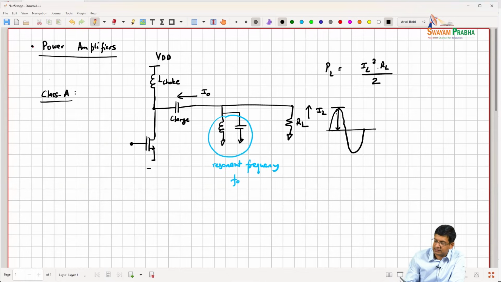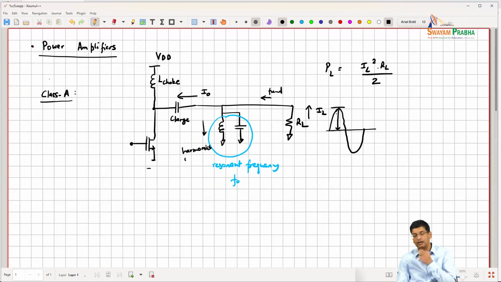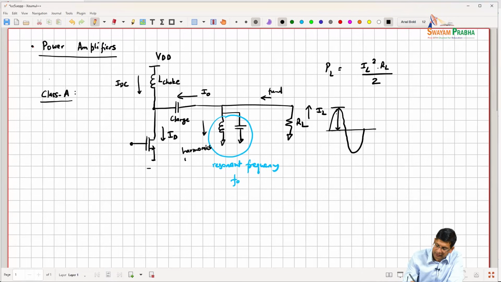We see that in this system, the fundamental current will flow over here. All the harmonic currents will end up being shorted out by the resonator, and the DC current will flow over here. So, no DC current flows through the capacitor, of course. And then we have the current that is there in the transistor. So, if we think of the current in the transistor, that is going to be equal to